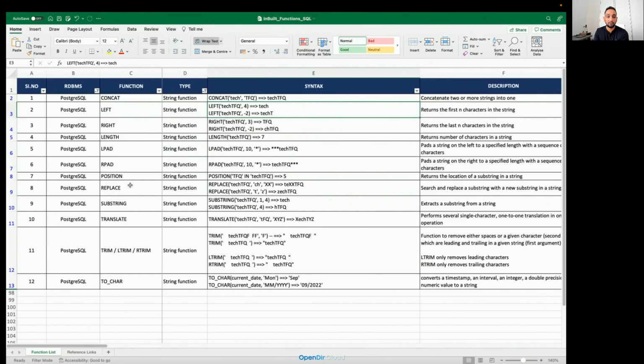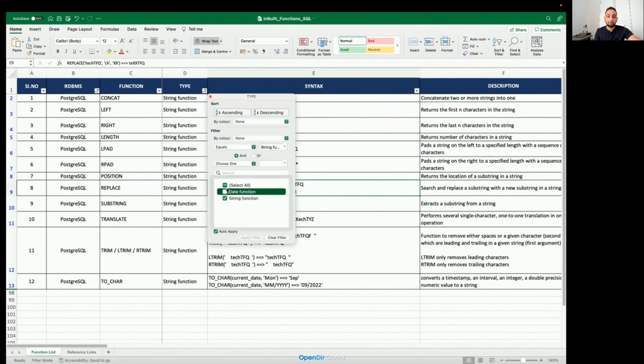Okay, so what does position do, what is the syntax for position? You will see it, because the syntax for the position function is slightly different from other functions. Okay, what does translate do, what does replace do, everything is mentioned. Okay, and then if you go to